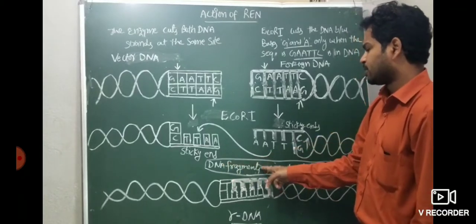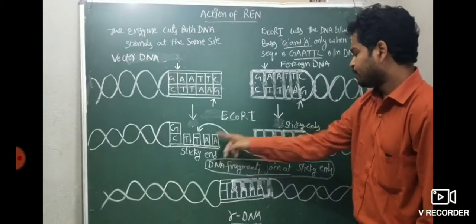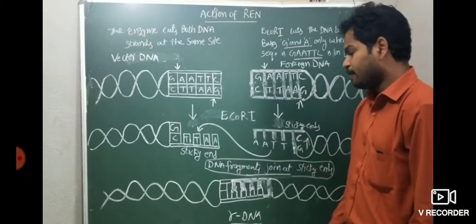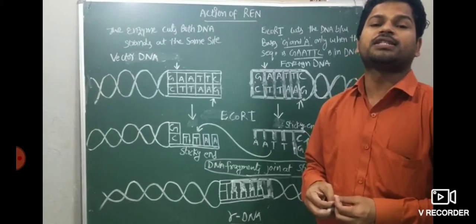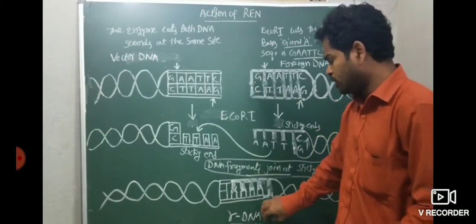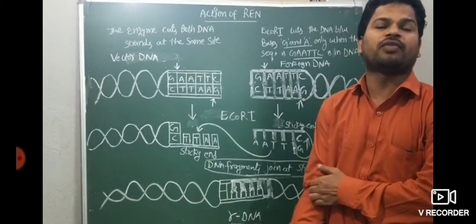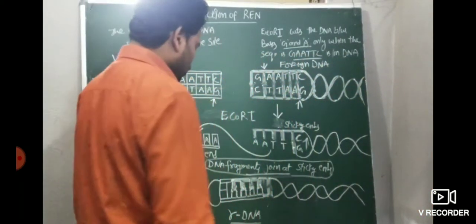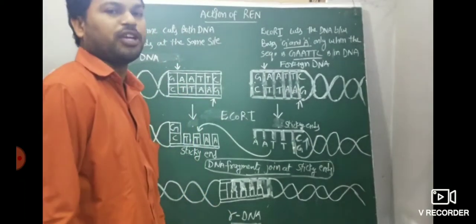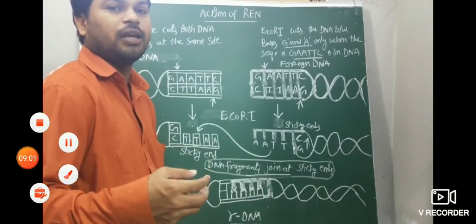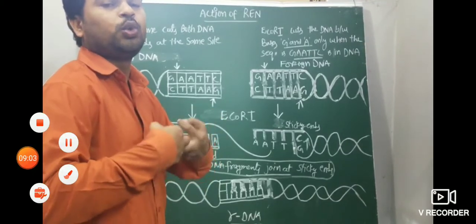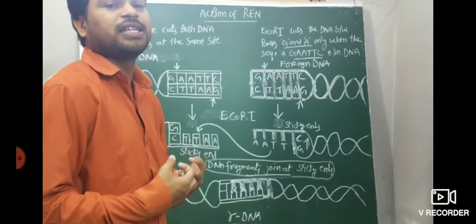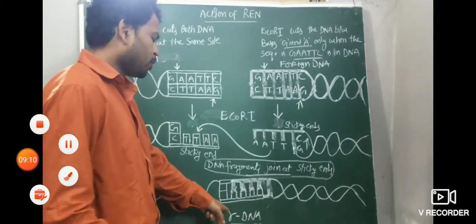Both DNA fragments, meaning the vector DNA fragment and the desired DNA fragment, with the sticky ends join at the sticky ends by DNA ligase enzyme, which is called molecular stitches, and produce recombinant DNA. This is very, very important. Without sticky ends, there is no chance of recombinant DNA being formed here. So recombinant DNA is nothing but joining the two DNAs, vector DNA and desired DNA, with the sticky ends by DNA ligase enzyme.